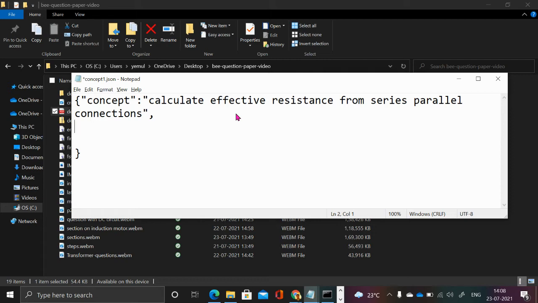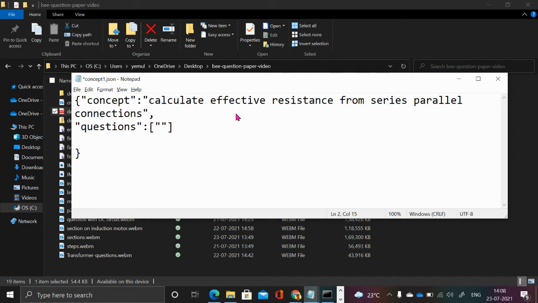Now, in order to test this concept, I am introducing questions. That's the idea here. So, for one concept, how many questions do I want? I can generate 7 questions, I can generate 10 questions on the same concept and randomly choose one question out of the 7. But at this stage, I only have one question. So let me create a list here, an empty list.